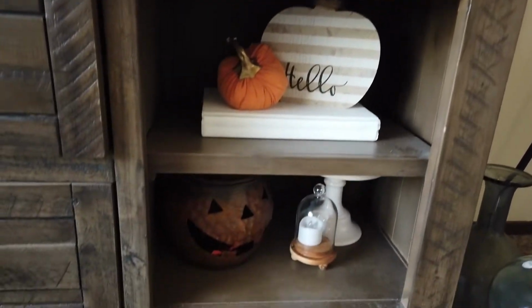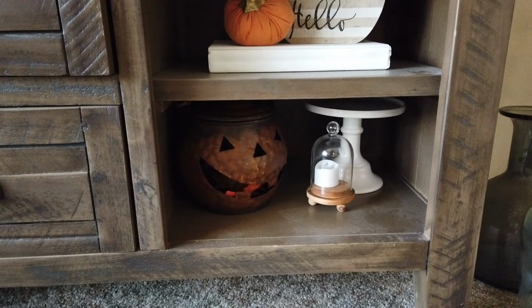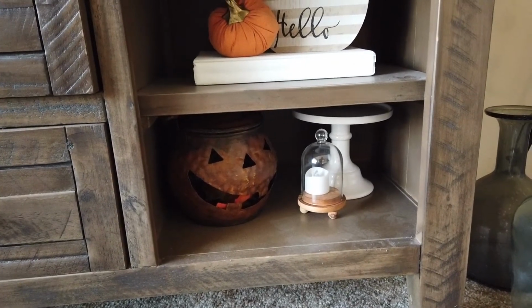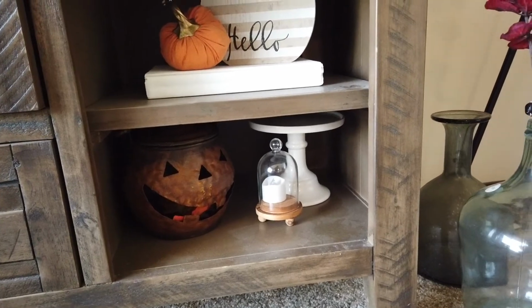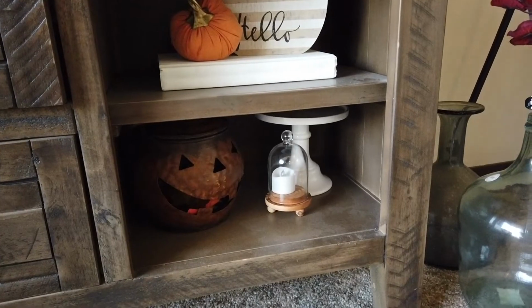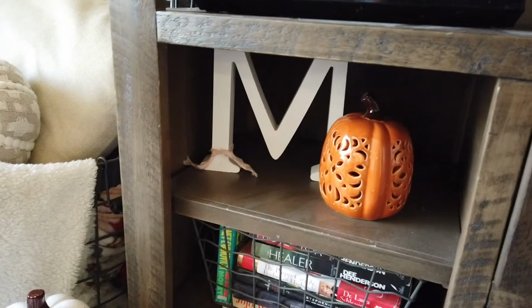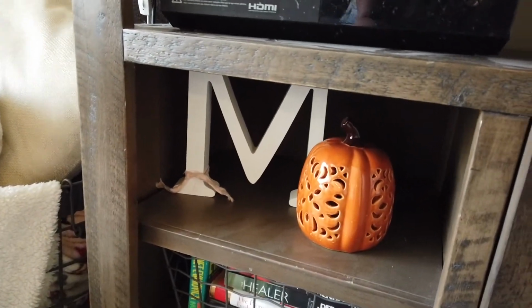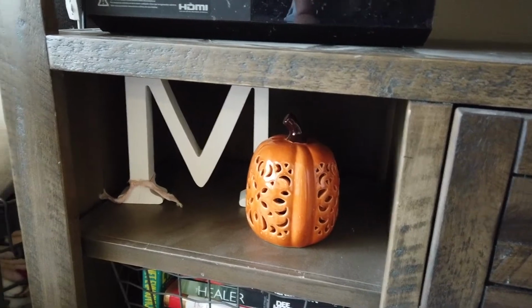And then the next cubby down is just a galvanized tin jack-o'-lantern bucket with a little mini cloche, and then the cake riser that I've had down there for a while as well. The cake riser came from Marshall's, and the pumpkin, I have no idea where it came from, to be honest. And then on this side, just another M and an orange ceramic pumpkin to match the white one that was